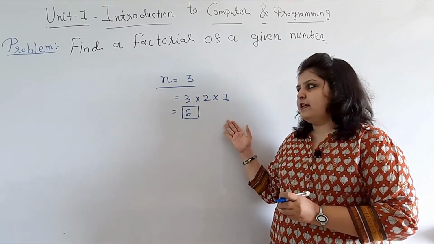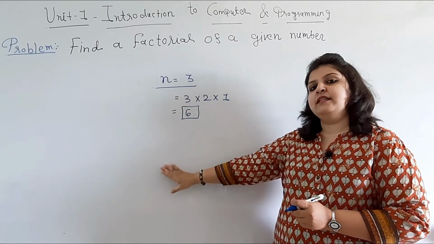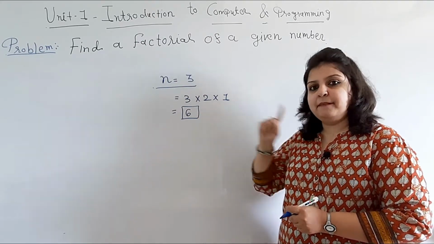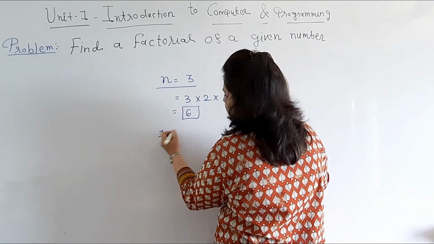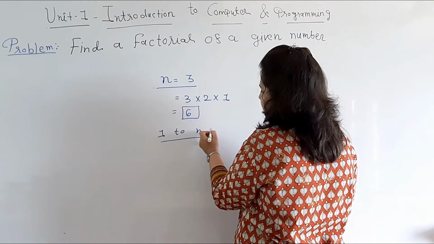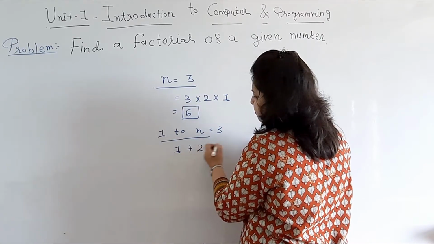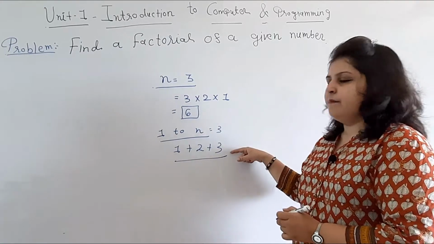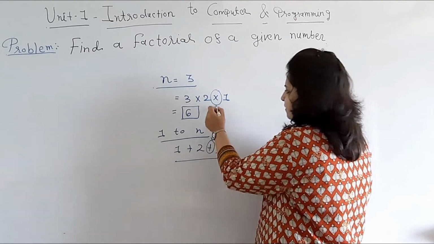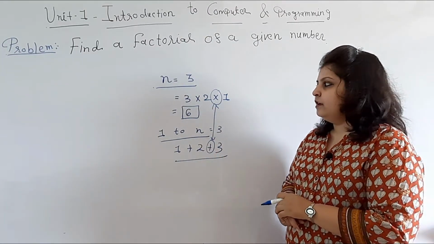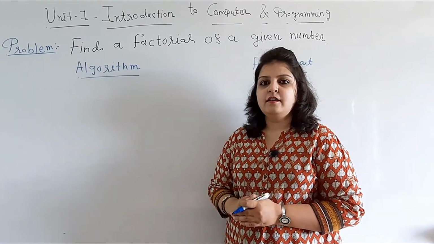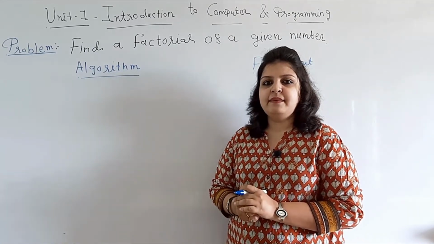It is a very easy example, because in the previous example we did the same process, but the only change is in the sign. In that example we did the sum of 1 to n numbers, meaning if n is equal to 3, then 1 plus 2 plus 3. So a similar kind of operation here, only the change is in the sign, you can see here. So let us start how we can write the algorithm. For the algorithm, our first step is start.